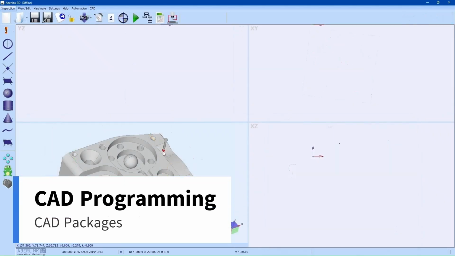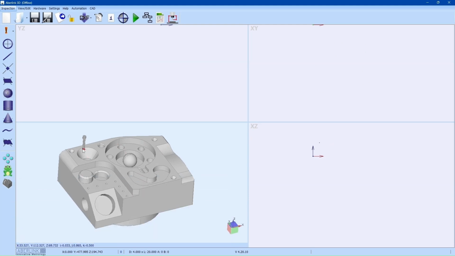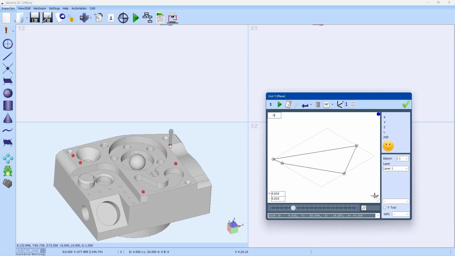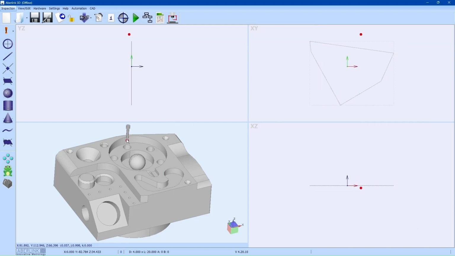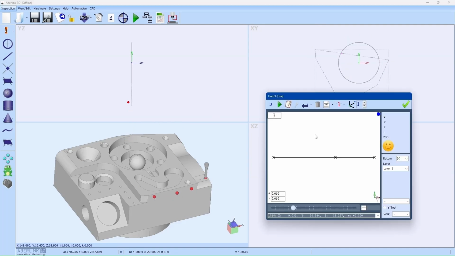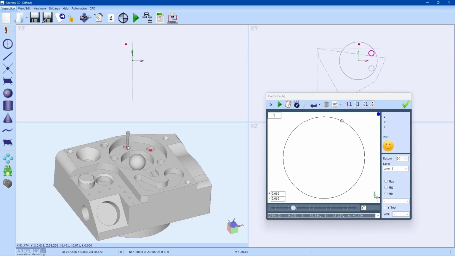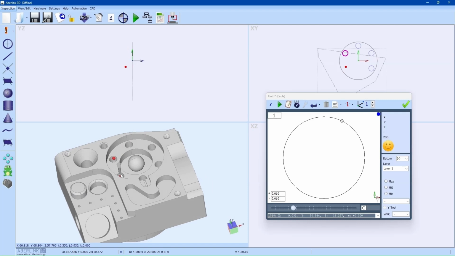CAD programming allows us to build a measurement program from the CAD model using a virtual probe. Moving the mouse around drives the virtual probe, and mouse clicks on the surface take points. This makes programming much faster than on the machine. It also means programs can be created away from the CMM itself, saving any bottlenecks and ultimately making your process